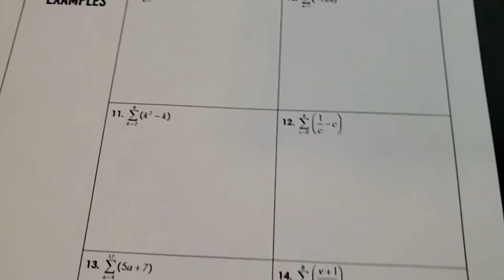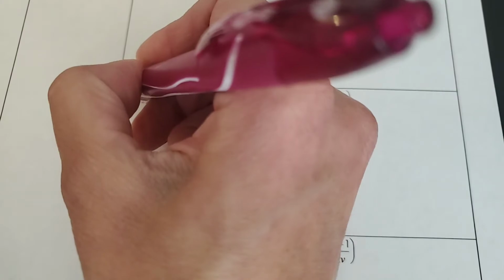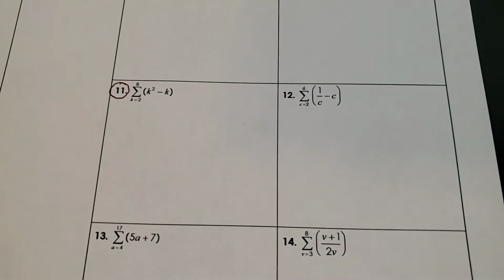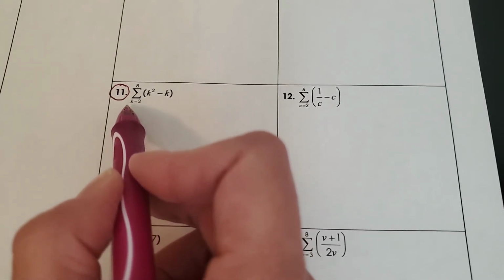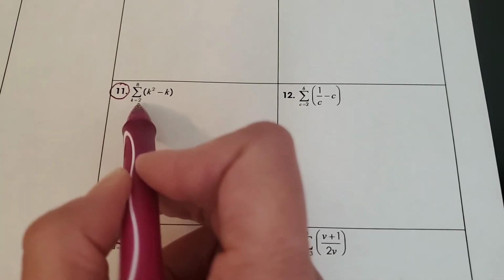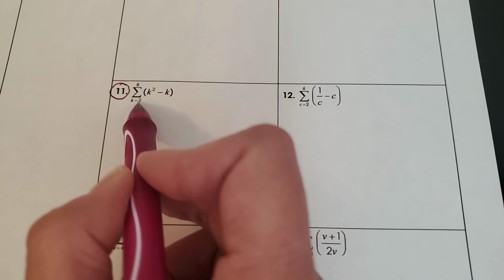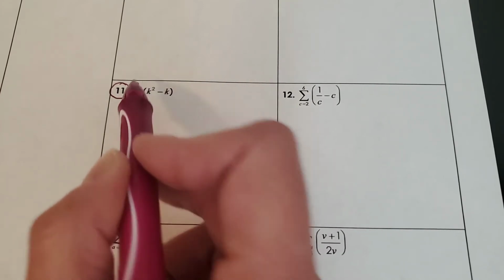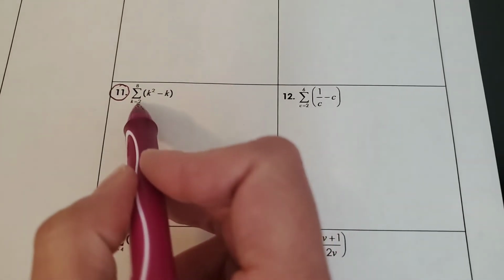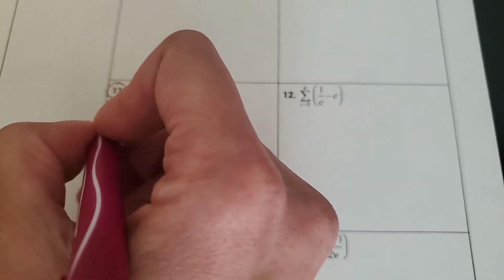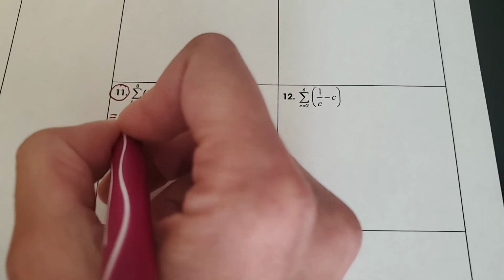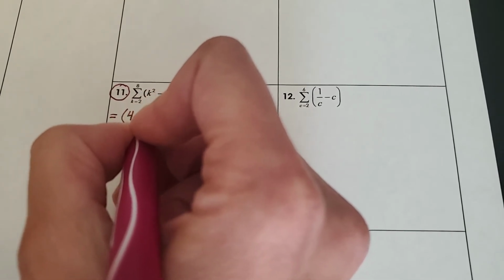Let's look at number 11. Notice here, I'm starting at the second term. I used a different variable. That's okay. K equals 2 to 8. I'm going to start with the second term, and I'm going to go to the 8th term. So here's my explicit formula. This equals, plug in a 2, and 2 squared is 4, minus 2,